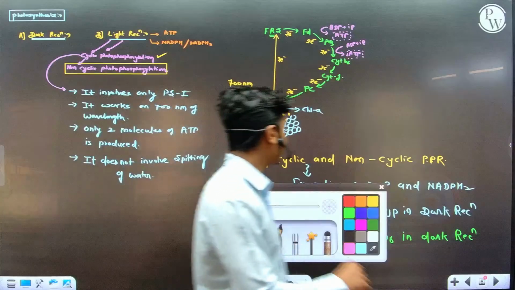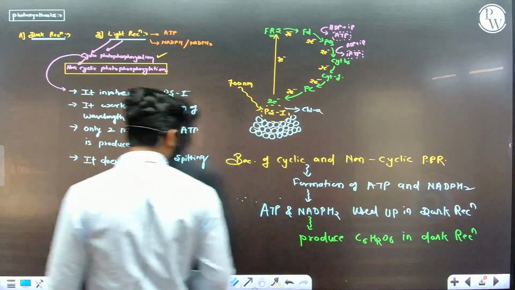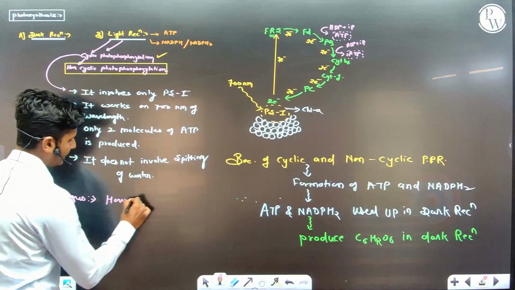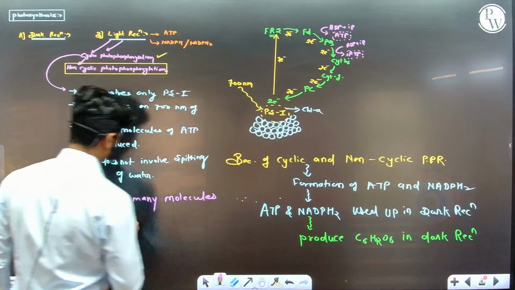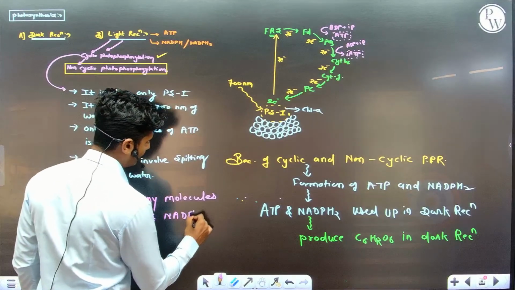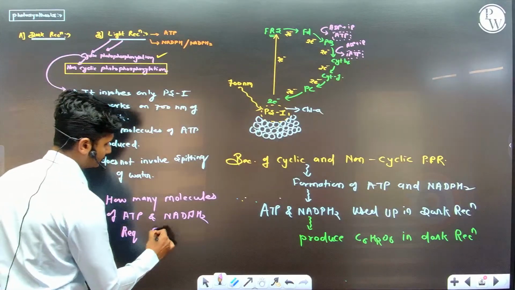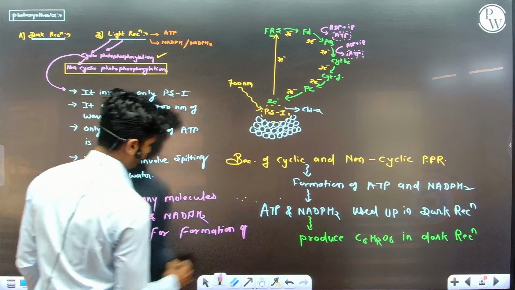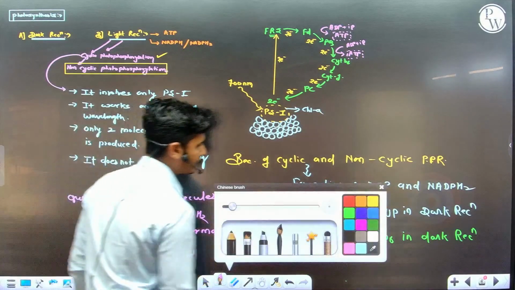I hope you are getting my point, guys. My question is very simple. Question is, how many molecules of ATP and NADPH2 are required for formation of 1 glucose? So the answer for this question is